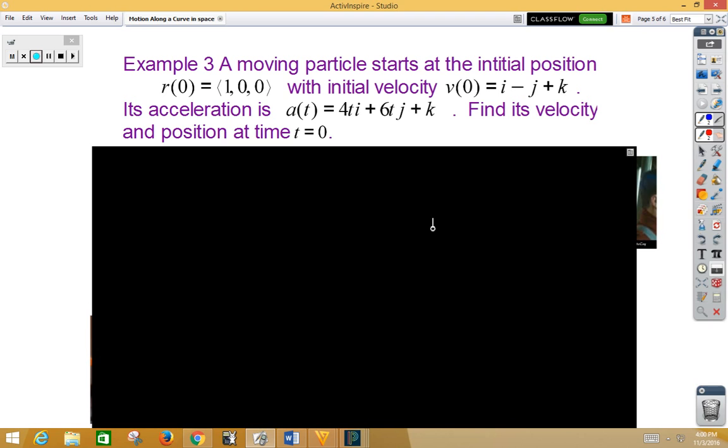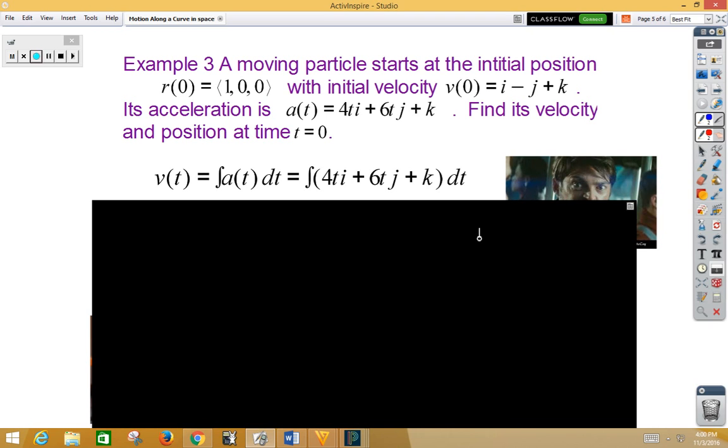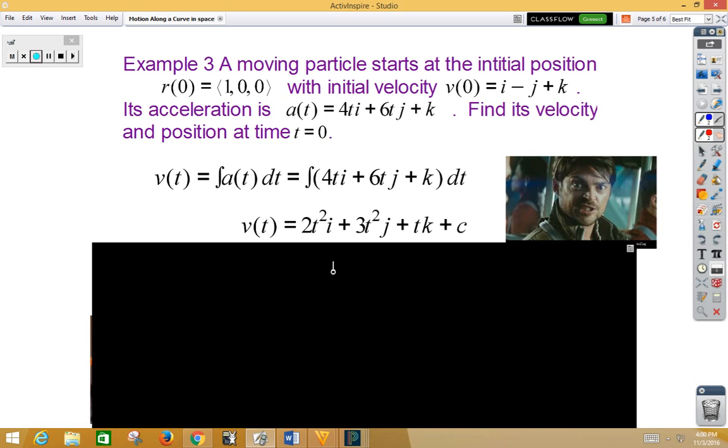Well, since velocity is the same as integrating acceleration, let's go ahead and integrate acceleration. So 4t becomes 2t squared i, 6t becomes 3t squared j,